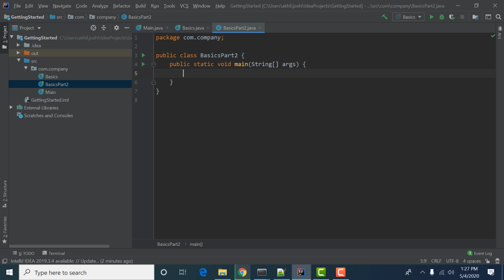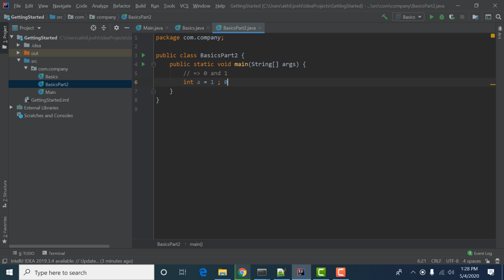First of all, the computer always understands things in binary. For example, the computer only understands 0 and 1. So what is actually going on behind the process is, if we write int a is equal to 1, our computer will convert this 1 into 0s and 1s.